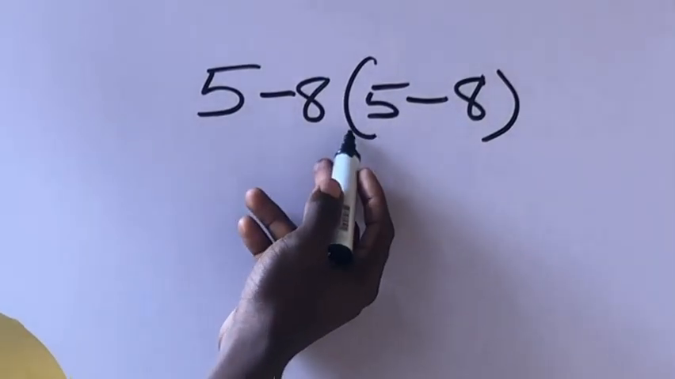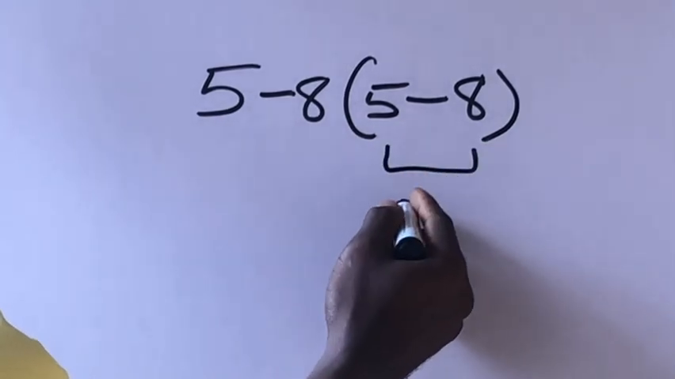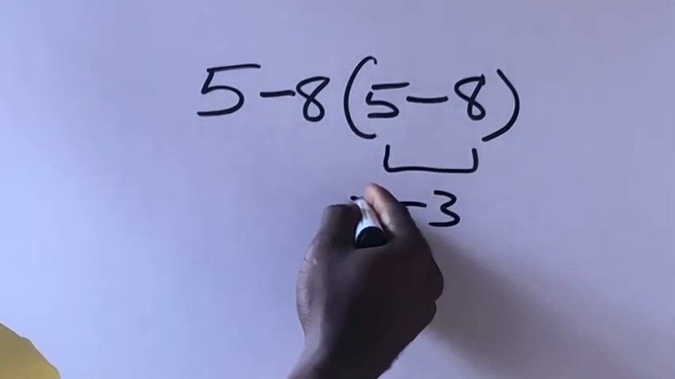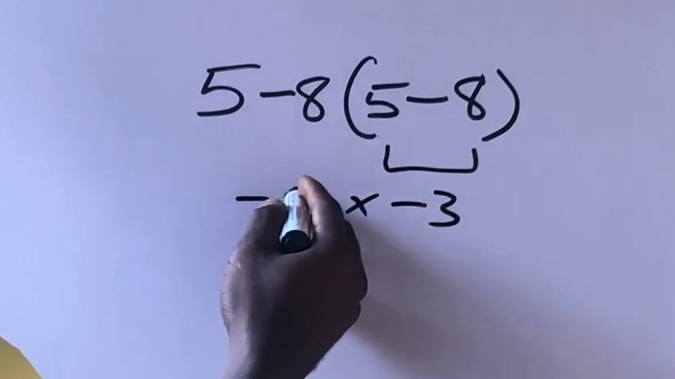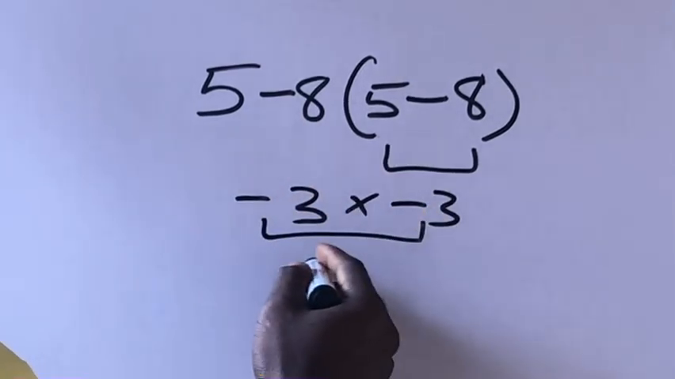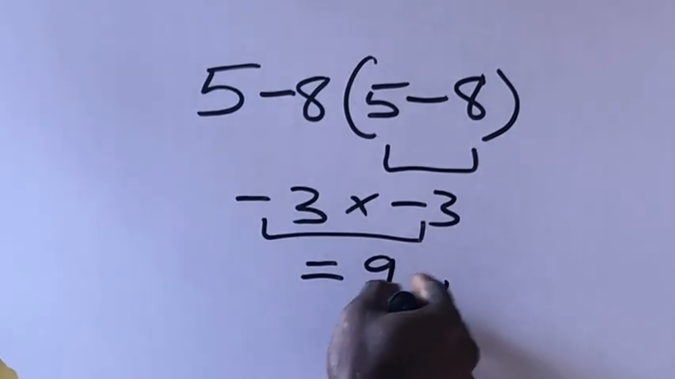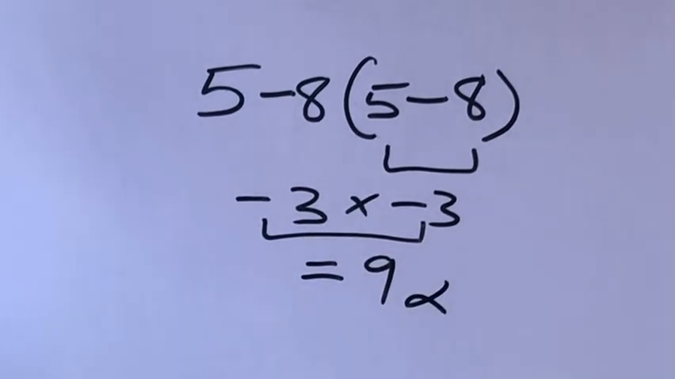5 minus 8 times 5 minus 8. 5 minus 8 will give us minus 3, times 5 minus 8 will give us minus 3. Minus 3 times minus 3 will give us what? 9. But this answer is not correct. According to our order of operation,